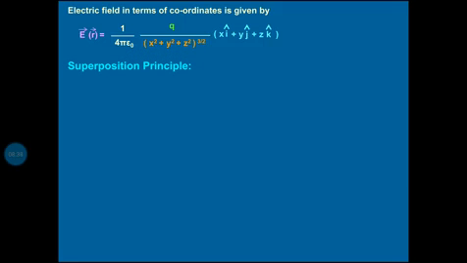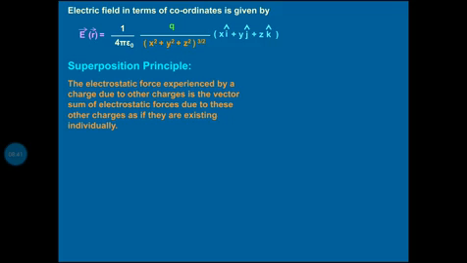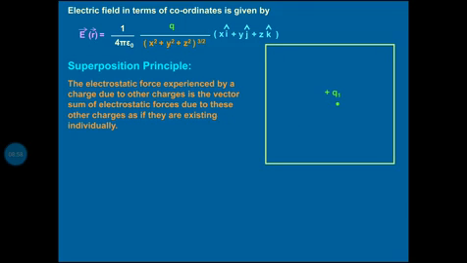Now, what is the superposition principle? The electrostatic force experienced by a charge due to other charges is the vector sum of the electrostatic forces due to these other charges, as if they are existing individually. So here there is a diagram of this. If plus Q1, plus Q2, minus Q3, plus Q4, minus Q5, these charges reside in some space, and you can see the forces acting